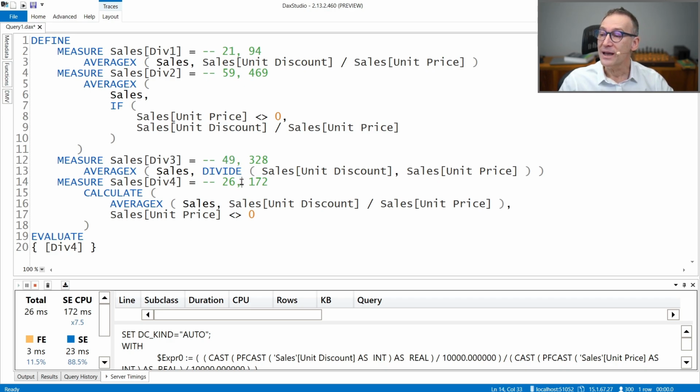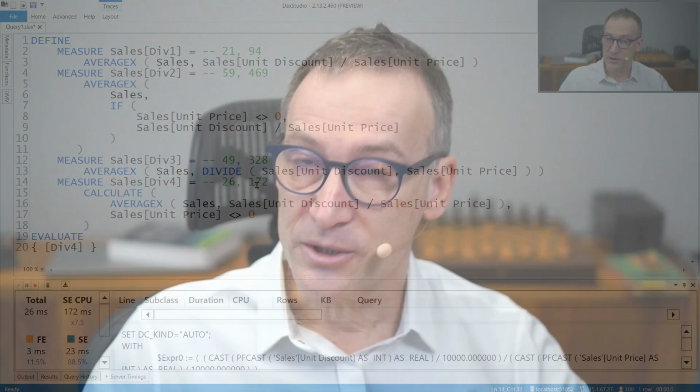And besides, it's very unlikely that your code only contains one division, so an average x over a division, as I'm doing here. It is much more likely that your code is much more complex. So the presence of callback data ID is absolutely normal. And the difference of a few milliseconds in a division is not really relevant. If you can use calculate, then go for that, because that is going to provide the best performance. But when the code is more complex, then the choice is no longer so simple. For sure, a division is faster, but divide works just fine.